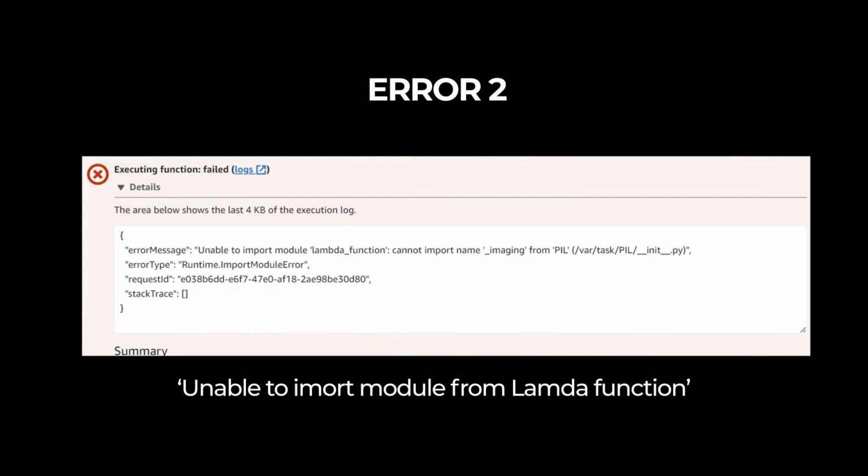And the second error that you might encounter is being unable to import a module in the Lambda function, or some error regarding libraries. This basically happens when there is a mismatch in the Python version of your local environment and the version on your Lambda function. So make sure you have the same version on both the Lambda function and local environment. Also make sure you have the correct version of pip installed and Boto3 client installed on your local environment. I hope this will resolve your problem, but if you